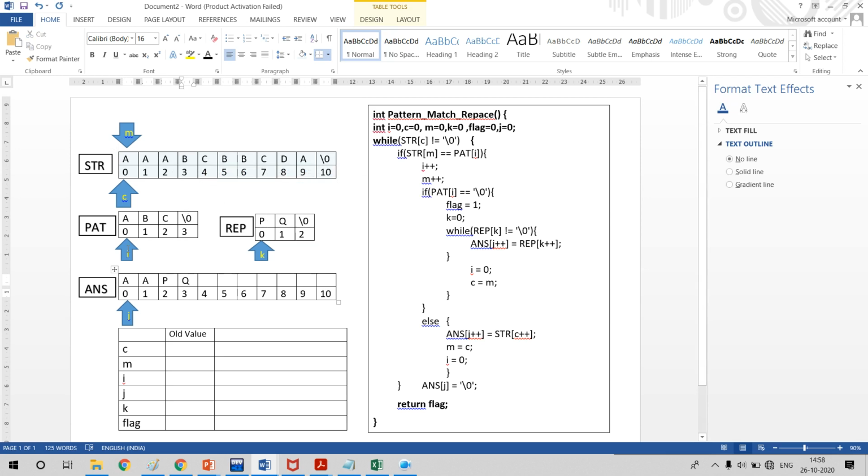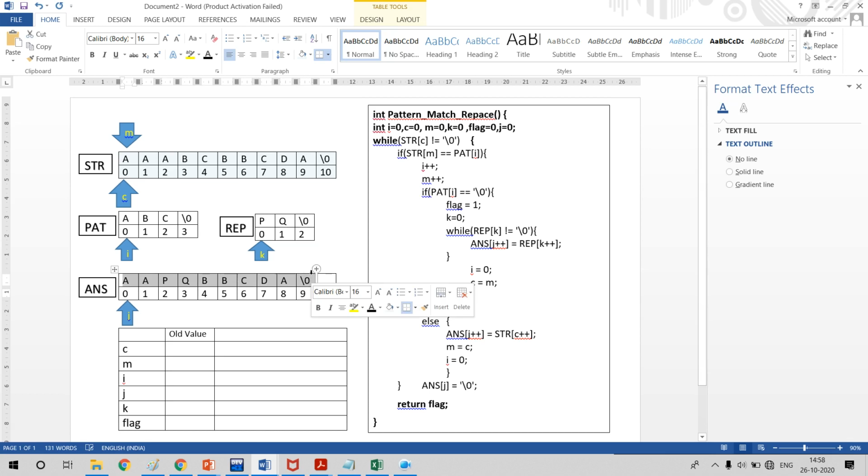As we reached here, you have to bring that pointer back to the beginning, pointing to the first character. The next character to compare is B. B and A are compared, they are not the same. So A is copied. The next character is B. Again the first character is compared. A and B are not the same. So here it is B. The next character is not the same. So B. Next not same. C. Next not same. D. Next not same. A. Lastly you have to end up with the null character. This is how the program works.